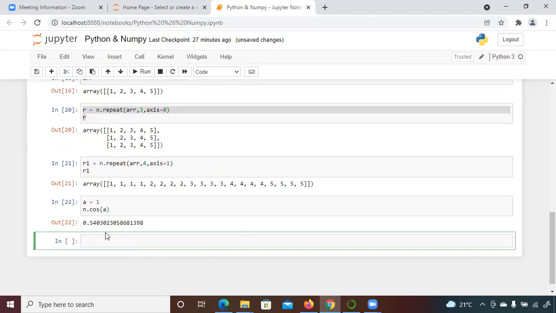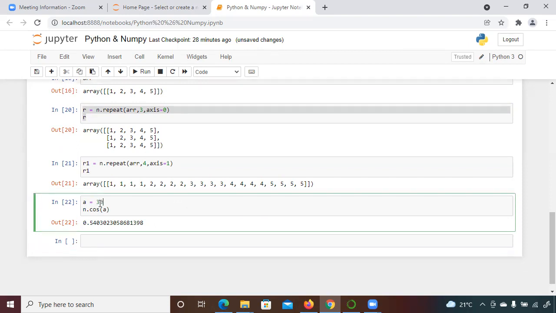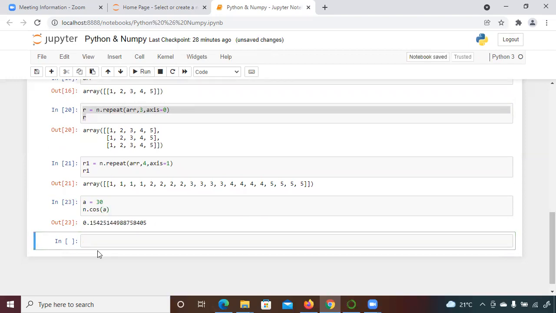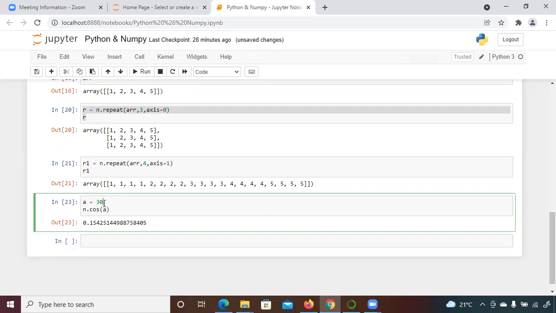Similarly, you can try it for 30. The value can be changed and you can try it as well here. The cos function, sine function, different kinds of functions you can apply here.